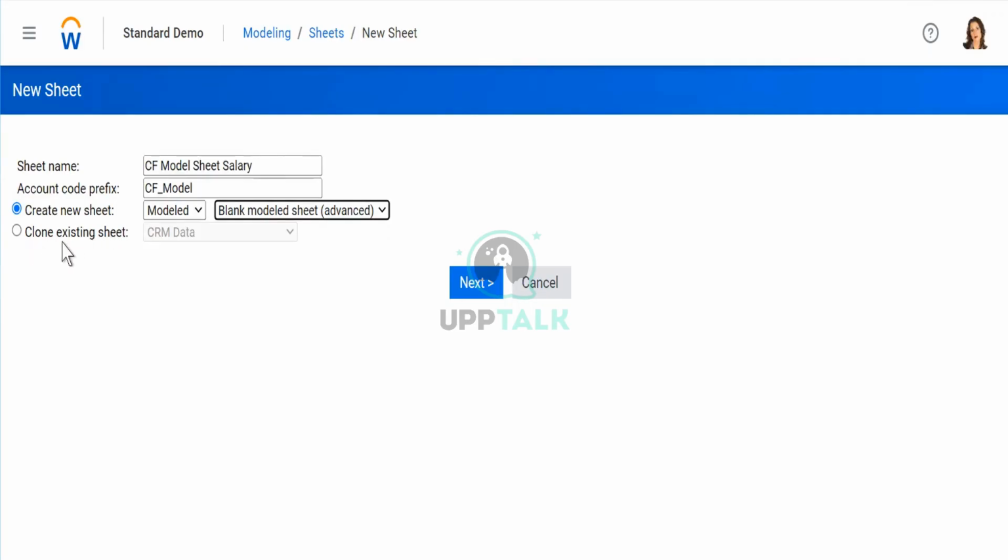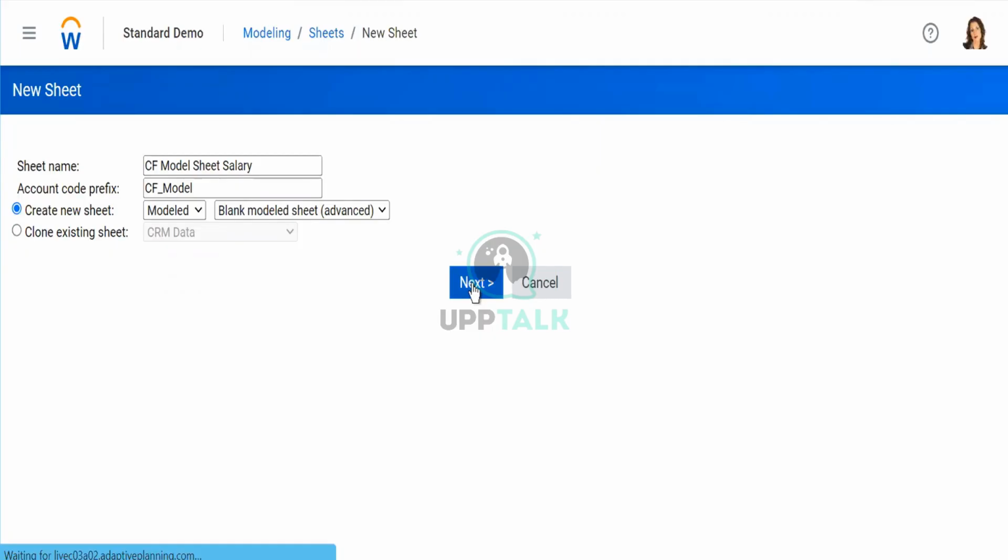What is this option? We will do at the end of the session. It's basically cloning the existing sheet. It's like doing a duplicate of that same sheet. We will do that. But how we are going to create a new sheet from scratch? We are learning that process now. This is the first step. You write the name of the sheet and the code of the prefix that you want and then create as a blank. I'm just going to click on next now because the first step is completed.